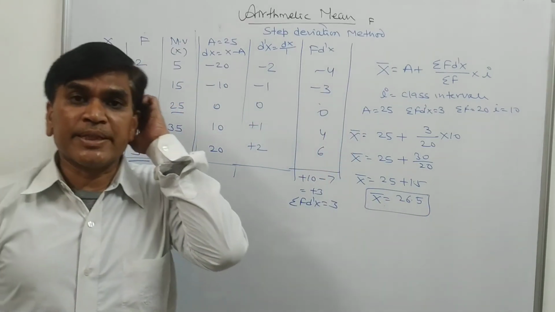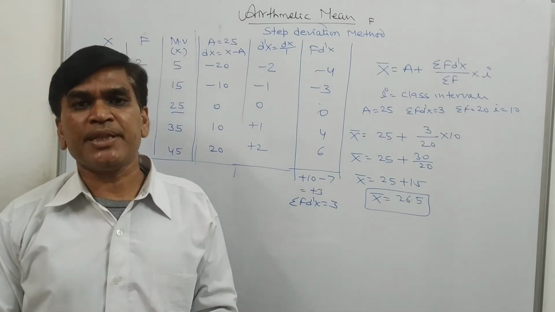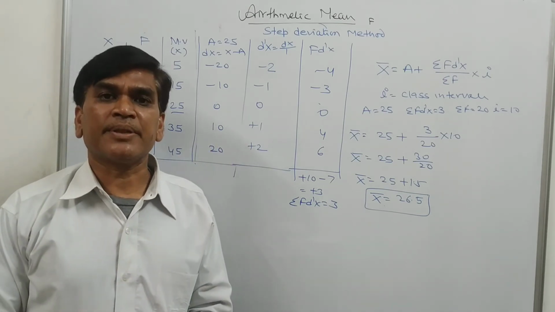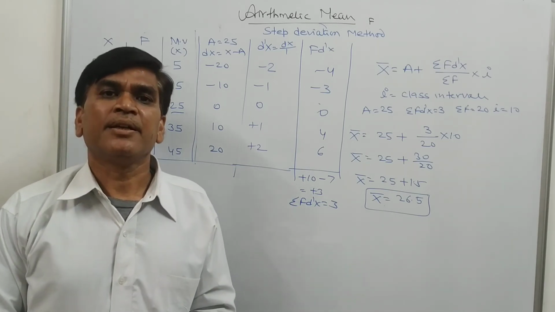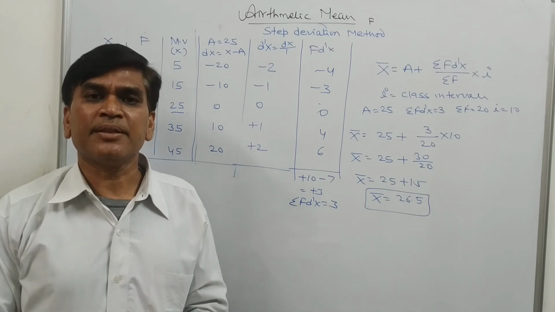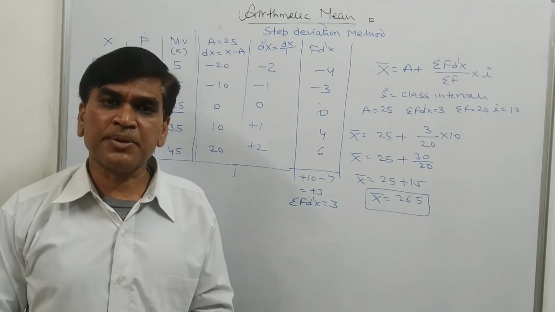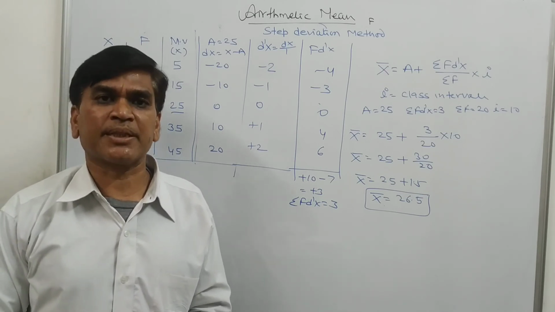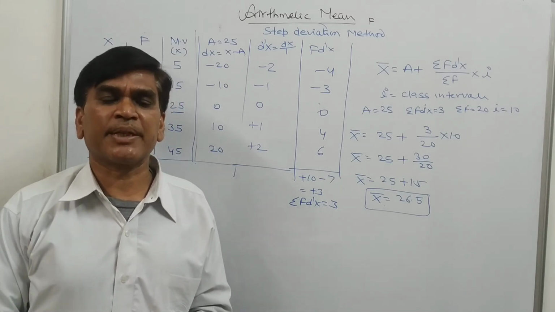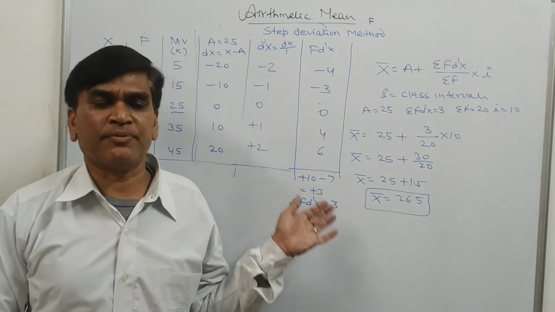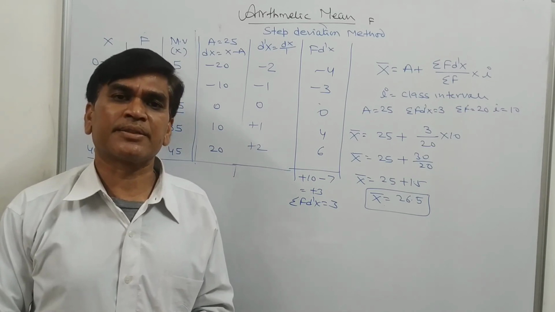It is very easy in calculation, because whenever we have the step deviation, our calculation becomes so easy. So these are the three methods to calculate arithmetic mean in a continuous series. If you have the facility of using a calculator in the examination, you should use the direct method. If you do not have such a facility, then you have to use either the shortcut method or the step deviation method. All the methods are easy, so you can solve the problem of arithmetic mean, and I think that with the help of this video, you will easily learn how to calculate arithmetic mean in the case of a continuous series. Thank you.